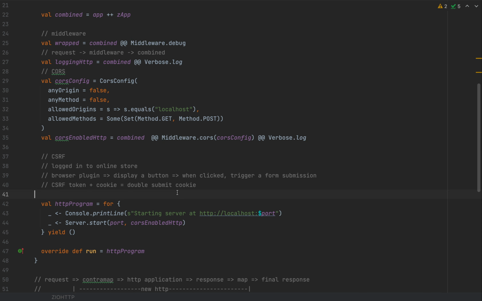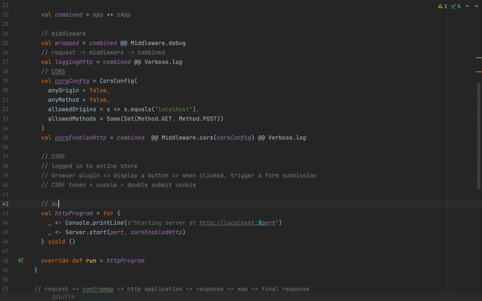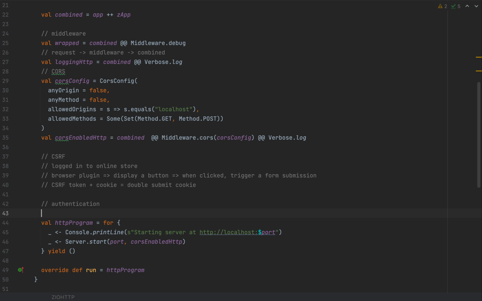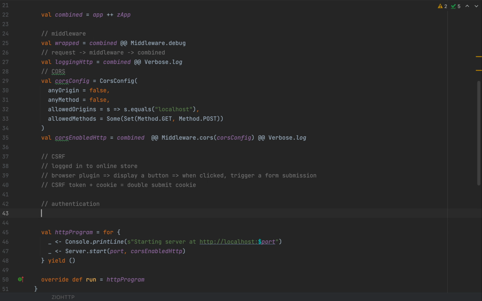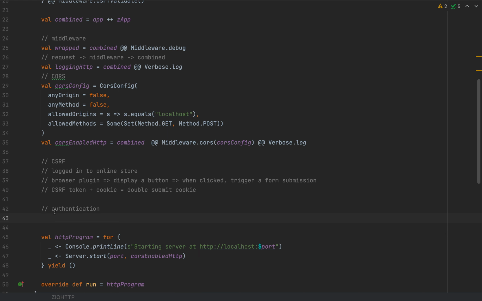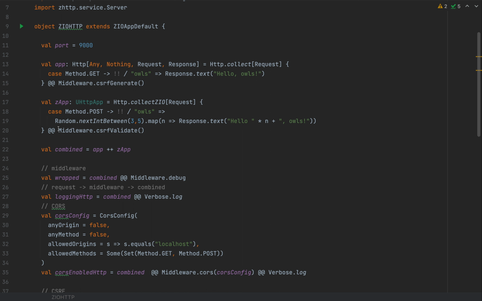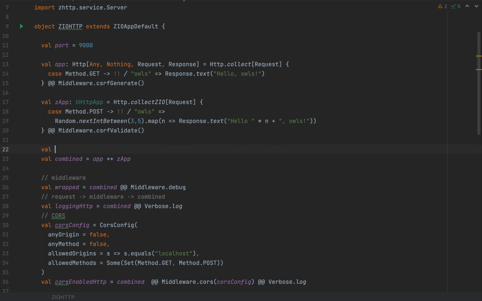Now, the next thing I want to show you is authentication. I'm going to cover just basic authentication with usernames and password. ZIO HTTP will support various forms of authentication, but I'm going to show you how authentication works with some plain username and password. So let me go at the top, and I'm going to define, let's call this auth